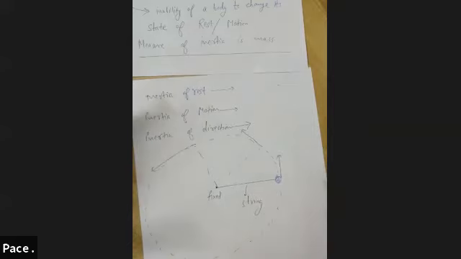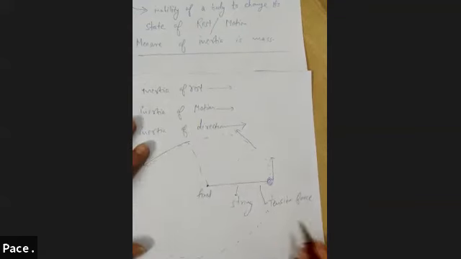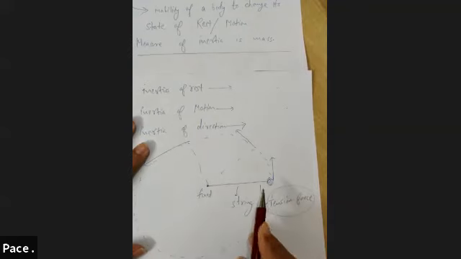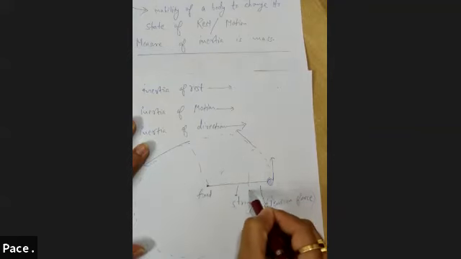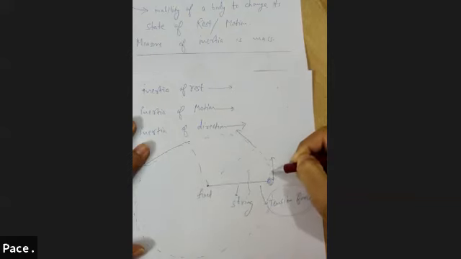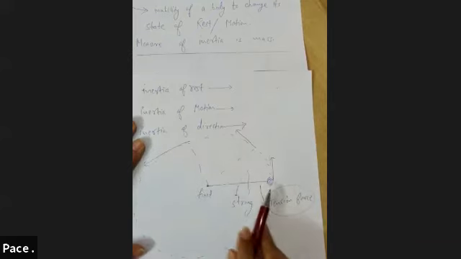Why? What is the reason behind it? Who is responsible to keep on changing the direction of the stone? Tension force, provided by this string. There is some external force. We will study about this tension force in detail, and we will do numericals based on this force. This tension force is responsible for changing the direction of this stone. If I cut this string at this moment, this stone will fly off tangentially in this direction. It will not change its direction, and that is because of its inertia.